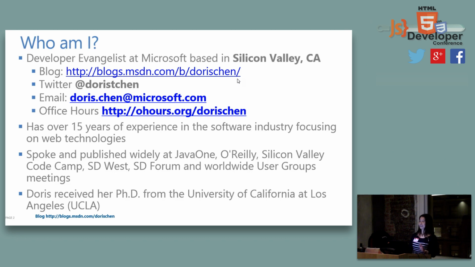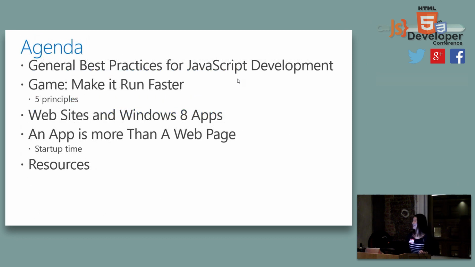All right, so I know that you guys couldn't wait to get into the real content. So we have a pretty busy agenda. The most important thing for us to start with is perhaps some of the best practices we still apply for a modern JavaScript application. So we're going to start really briefly on that. And then we're going to use a casual game as an example. We're going to show you how we're going to apply 5 different principles onto that. We're going to go over a lot of code best practices and tips. And we're going to look into that game and try to make it faster.